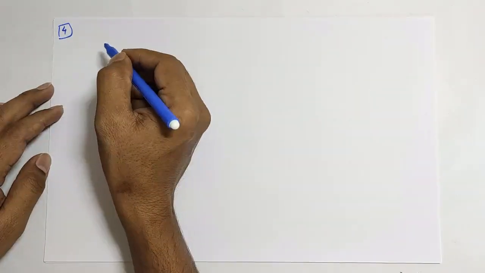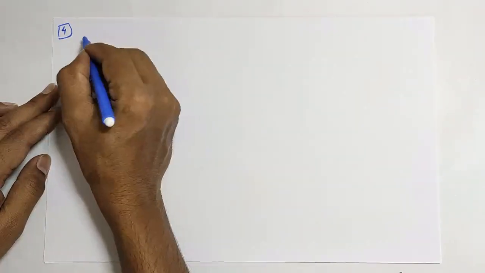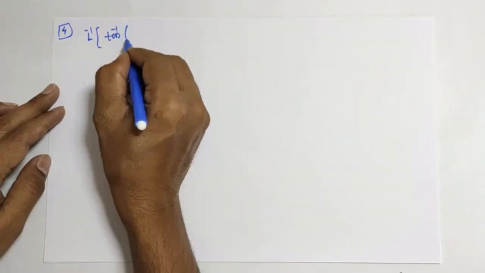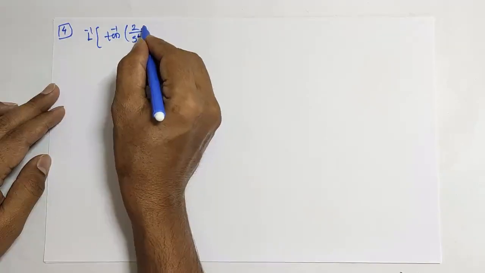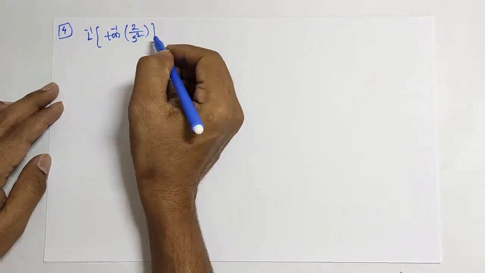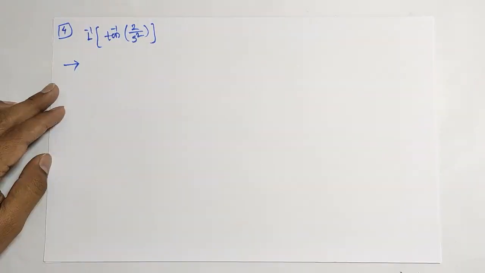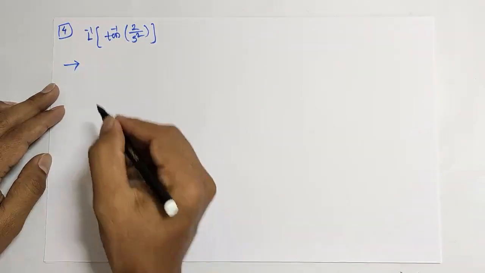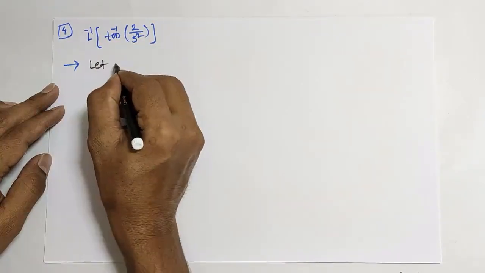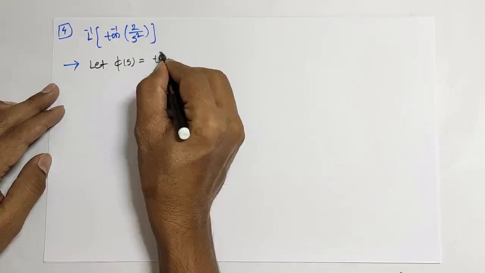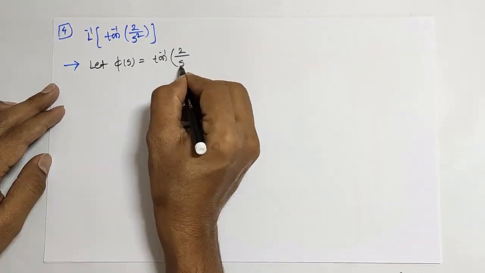Suppose the example is, इसी एग्जाम्पल को थोड़ा एक्सटेंड करते हैं. Suppose I want L inverse of tan inverse 2 by s square. Important example है, exam point of view. Okay. Let phi of s is equal to tan inverse 2 by s square,